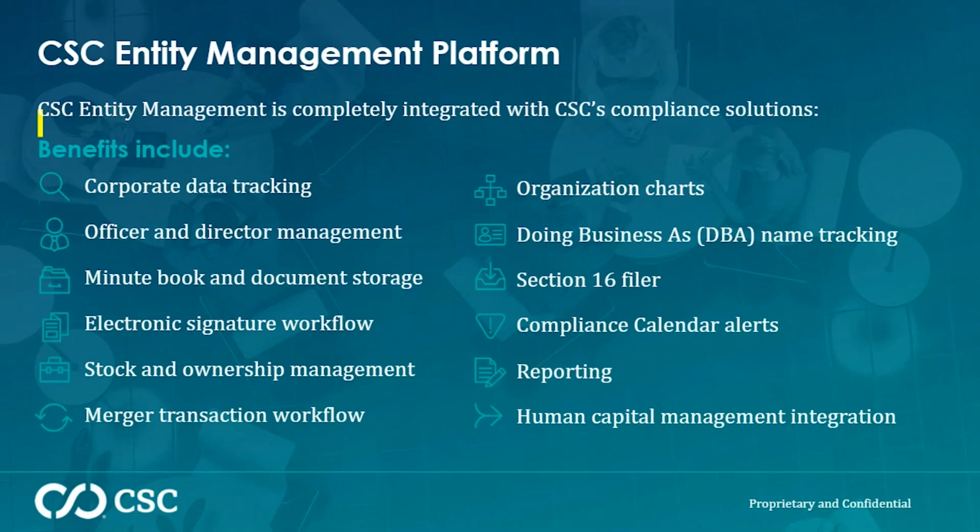So I mentioned a moment ago that we have organizations that are using CSE entity management today to track information that's relevant to the FinCEN filings under the CTA legislation. It's worth taking a moment to highlight the full-fledged capabilities of that solution. It can go well beyond just tracking information for the CTA. There are functions within the technology where organizations can create electronic minute books. We have a direct integration with DocuSign to facilitate electronic signature workflow. There's a mechanism for building structure charts, or what folks sometimes call organizational charts, which is a powerful automated component of the technology. When organizations are tracking ownership records, the system can translate that into either text-based, or probably the more popular option, graphical structure charts to create that visualization around your